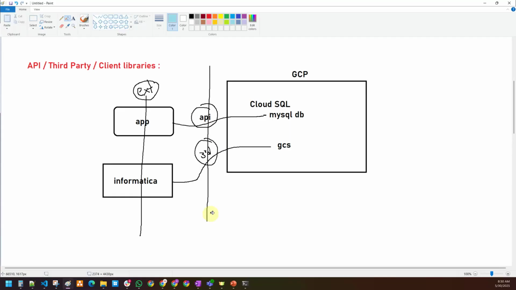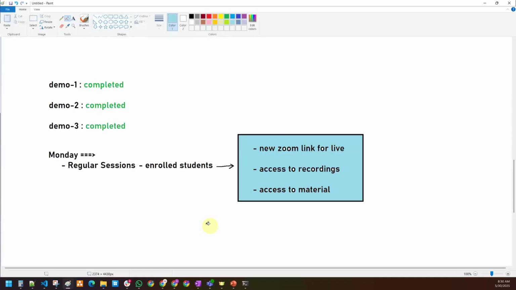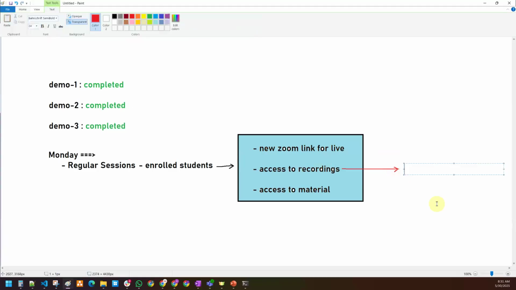Sir, for how many months can I access the study material and the recordings? The recordings access is of 1 year validity, because every 1 year or every 6 months the course content will change.